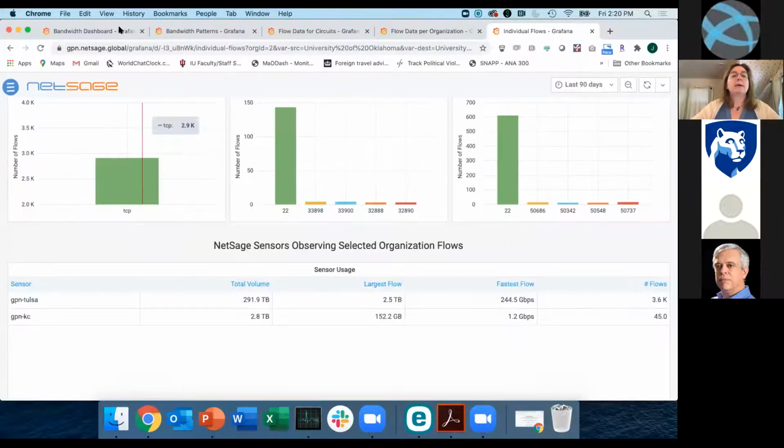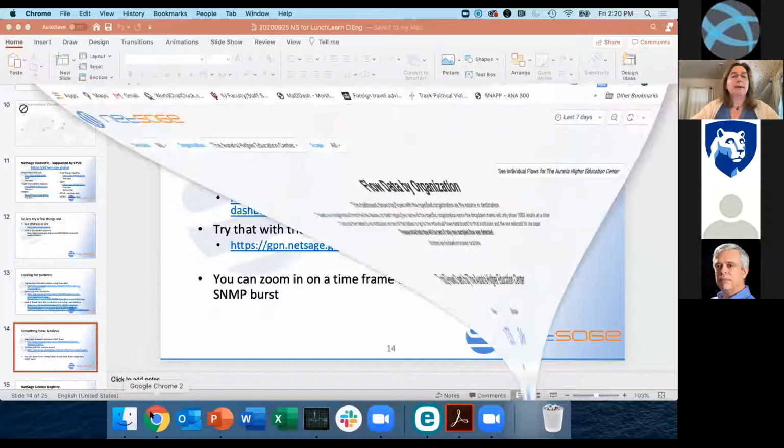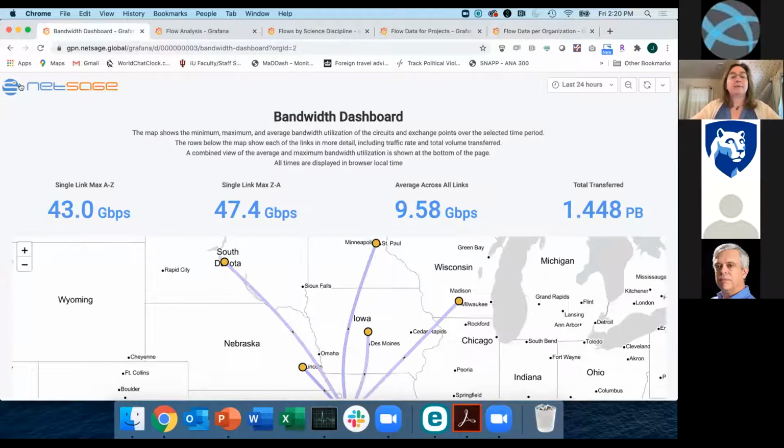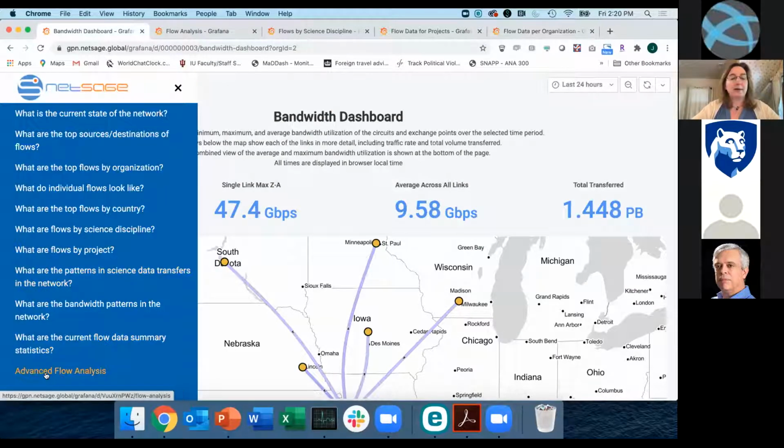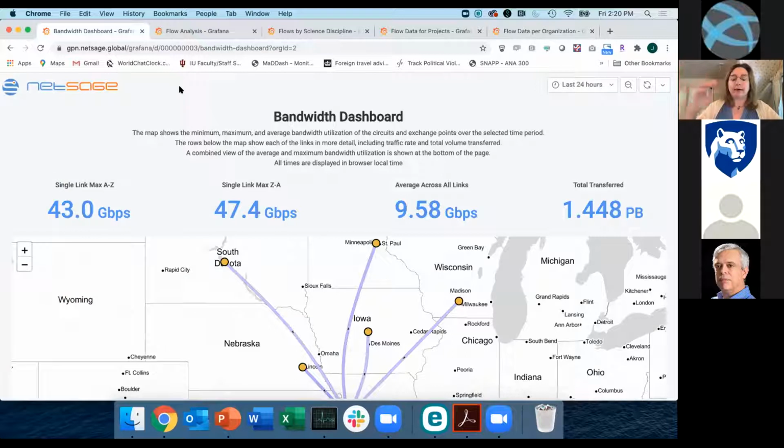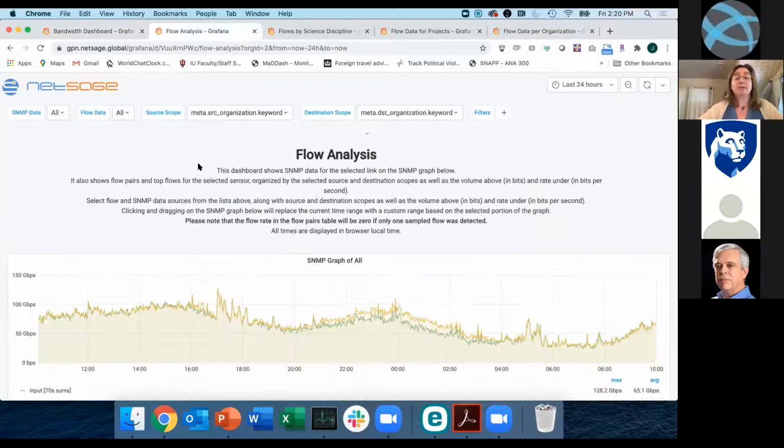Pull up, nope, that's the old one. Pull up my other page, right? So I can start back here, and where this is, it's way on the bottom because this page is not as user-friendly. It's got more data to it and it's a little bit harder to explain to a non-cyber infrastructure engineering type, but we found this really useful. So for Great Plains Network, we just look at all of the SNMP data available. For other networks, you might want to look at a particular SNMP sensor and the particular flow sensor,